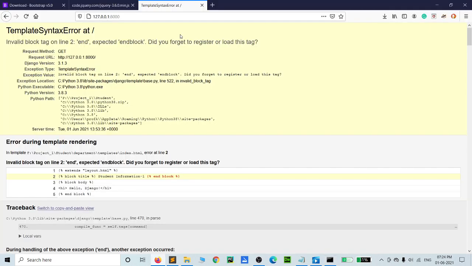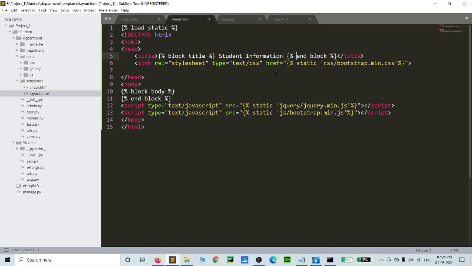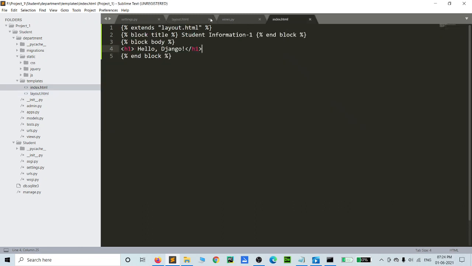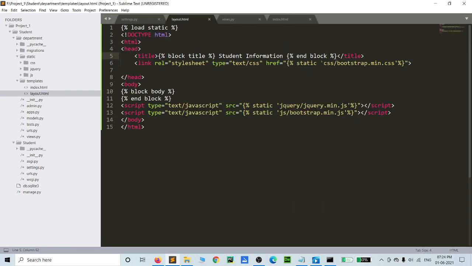One second, we can run it. The same error will be displayed here. Sorry, we have created a block title here, not an end block here, it is an end title.